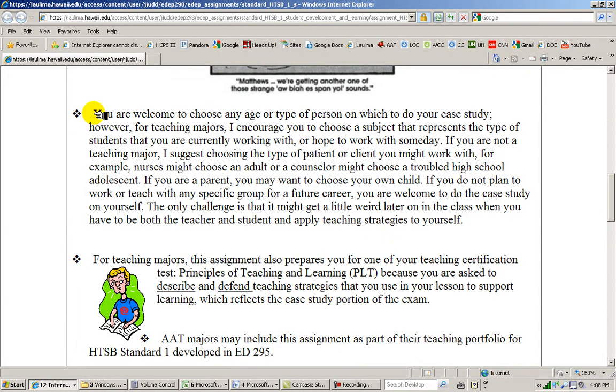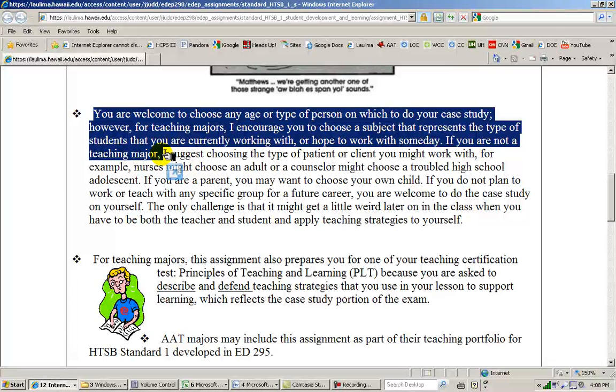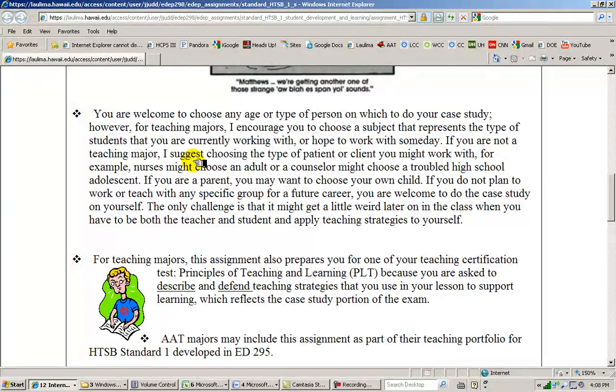To choose your case study, I encourage teaching majors to think about the type of students that they want to work with. The reason for this is that when you take the PLT, the test that's going to let you be a certified teacher, a lot of that information will be particular for the type of person you're working with. So you'll need to be an expert on the development of that particular child or age range. If that's not available, then you would want to choose somebody else that would work for you or you're interested in. The main idea is that you're working with something that's going to move you forward as